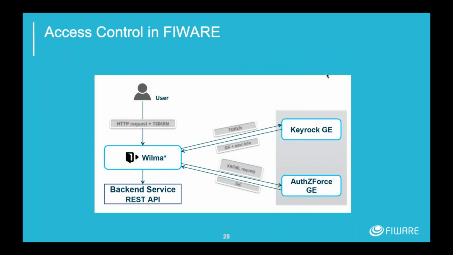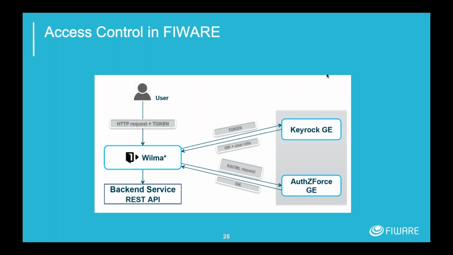Now, as I said, we have a series of access control components where, as you would expect, you make a request of some sort. There is some sort of gatekeeping component. This is Wilma, which is a PEP proxy, which is a policy enforcement point in the jargon. And that will then talk to an IDM, which is an identity manager, saying, okay, who is this? Because they've already supplied some sort of token in their request.